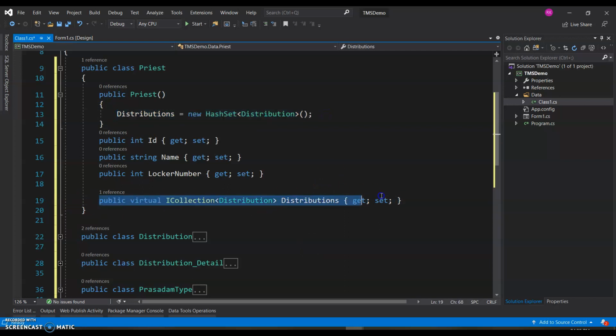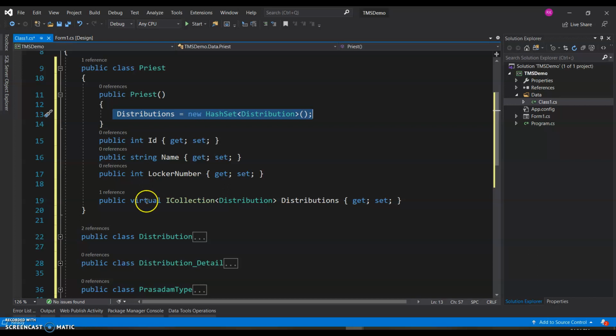Now, I could still go ahead with this approach without the constructor, but in most of the queries, when we are writing LINQ queries, and when we are trying to access priest.distributions, we'll have to carefully check whether this is null and only then proceed with the remaining part of the query. So doing so every time is a little tedious and doesn't look standard. So for that purpose, we actually create a list. Thereon, we don't have to really check for nulls later in any of the queries. So I'll bring this discussion up again once we get to the querying part.